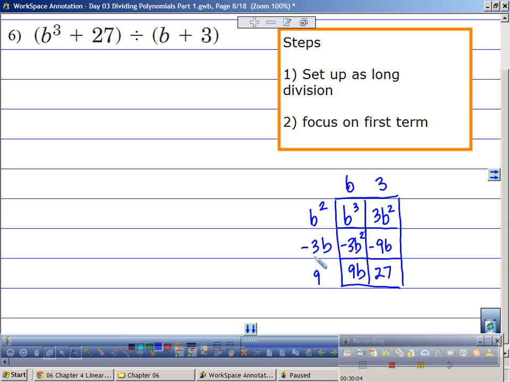It must be negative 3b. Because you know b squared times b is b cubed. So you know that this is your answer right here. So pretty much that's all you would have to do to get the right answer. And then you can just write it. If there's no remainder. Okay, so b cubed plus 0b squared plus 0b plus 27